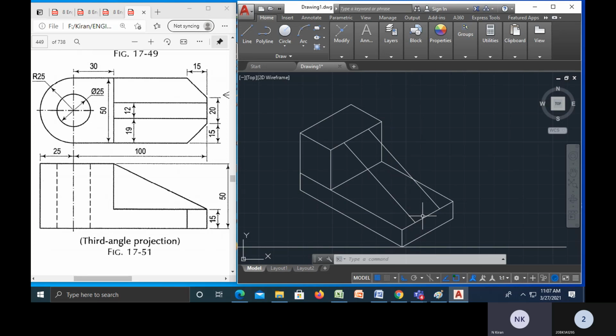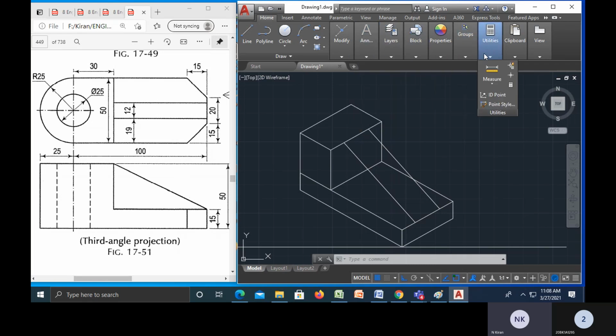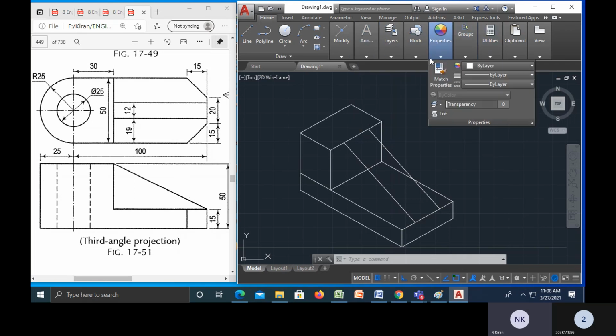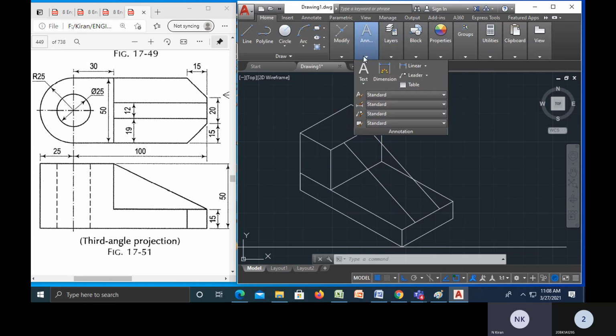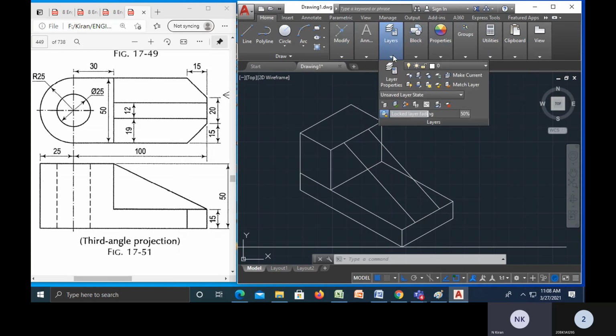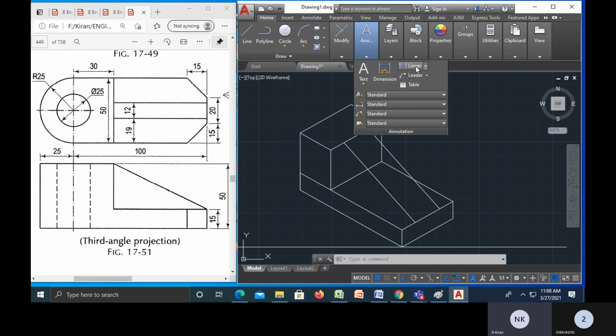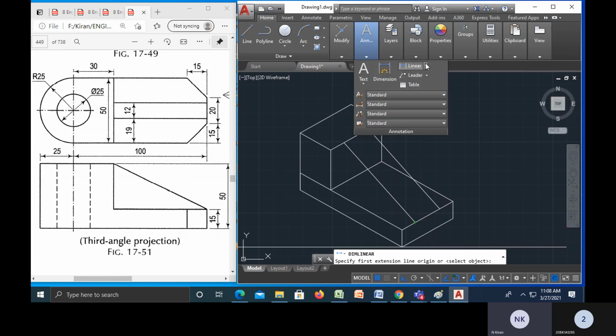Okay, 12. One minute, let me check the value, as this length is appearing very large. So let me check the value. Dimension linear, I will check, align, I have to select align.